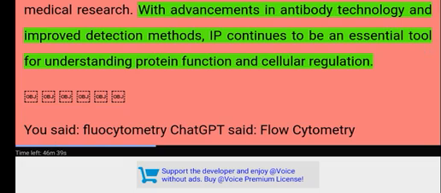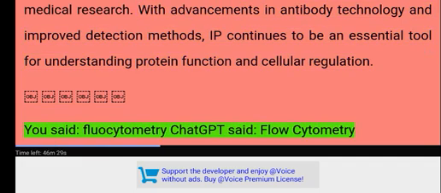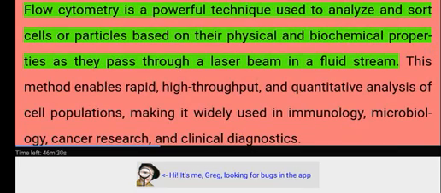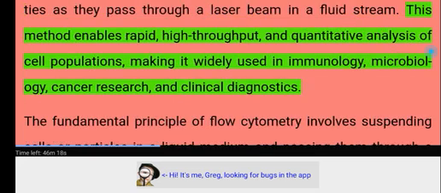function and cellular regulation. Flow cytometry. Flow cytometry is a powerful technique used to analyze and sort cells or particles based on their physical and biochemical properties as they pass through a laser beam in a fluid stream. This method enables rapid, high-throughput, and quantitative analysis of cell populations, making it widely used in immunology, microbiology, cancer research,